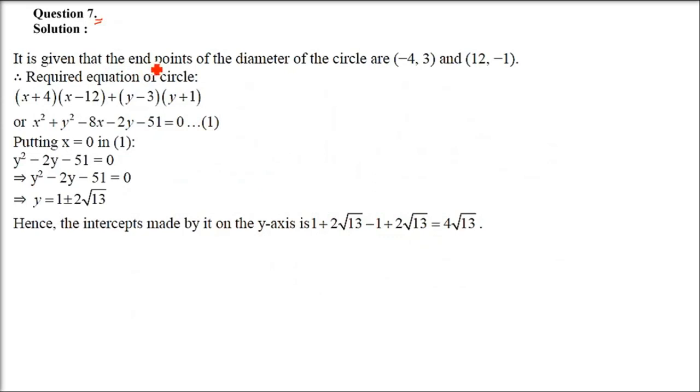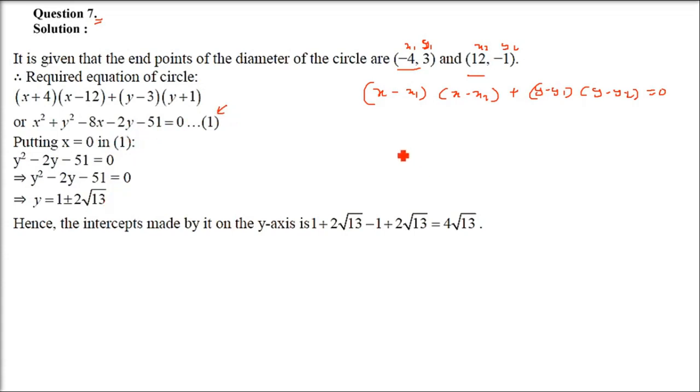Find the equation of the circle whose diameter is the line segment joining (minus 4, 3) and (12, minus 1). And we can directly find out the equation. There is one more thing which is being asked: find also the intercept made by it on y-axis. So let me write the formula again. When we know the endpoints of the diameter of a circle, x1, y1 and x2, y2, we use this formula. We just have to replace x1, y1 and x2, y2 here. This is x1, y1 and this one is x2, y2. Just put in here, the equation will come. I hope this is quite clear by now.